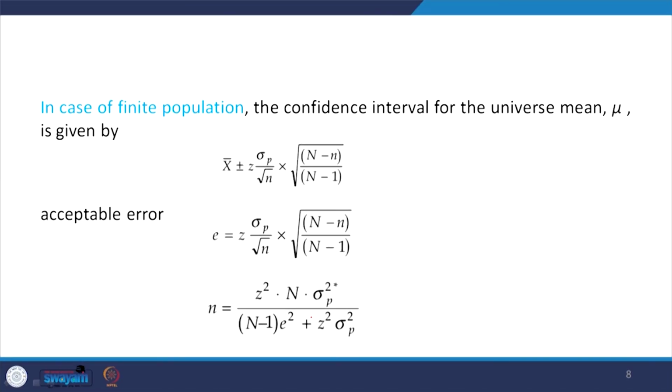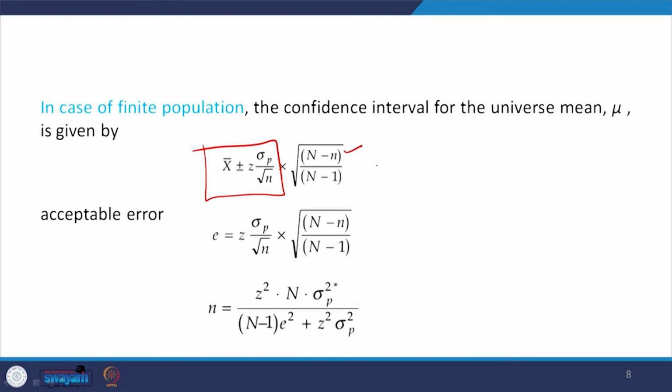Now, if we have a finite population and the population is known, the correct equation for it is this, the equation we had earlier. We just need to subtract the net population from the total population. So, this is the net population divided by capital N minus 1, that is total population minus 1, and 1 is deducted because of the degrees of freedom constraint due to the sampling distribution. Since the sample is considered and the degrees of freedom are reduced by 1, we can adjust for the degrees of freedom by dividing by it.